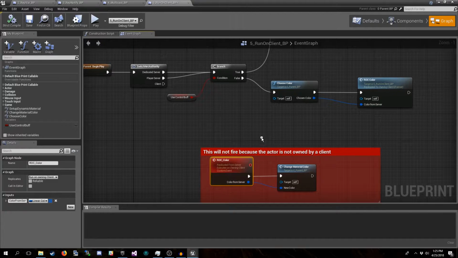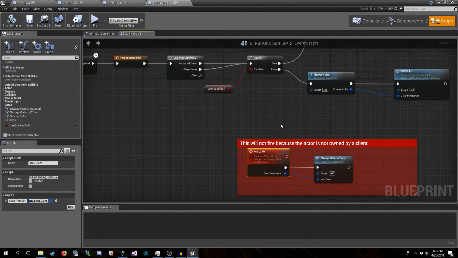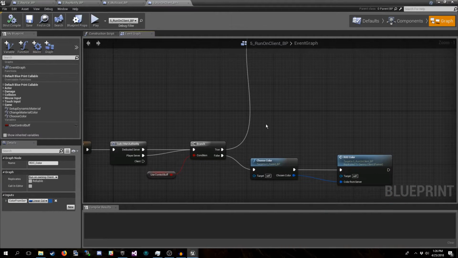So how do we fix that? Well, there's 2 ways. One is to actually set the owner of the actor to a client by giving it a new owner that is owned by a client. But that is honestly a slightly less useful version for modding. A lot of the times we don't want that. Instead, what we want is something to give us the ability to communicate between the server and a particular client. And that's what this use control buff section of code that we're blocking off is for.